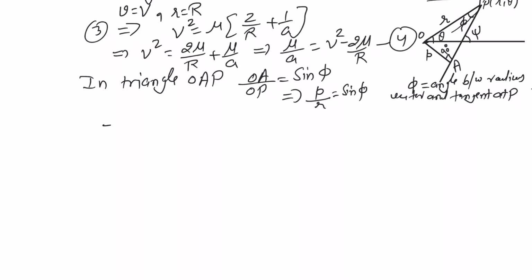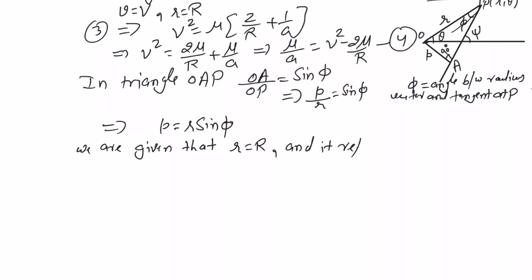This implies that P is equal to R sine phi. Okay, so this implies that P is equal to R sine phi. We are given that when R is equal to R